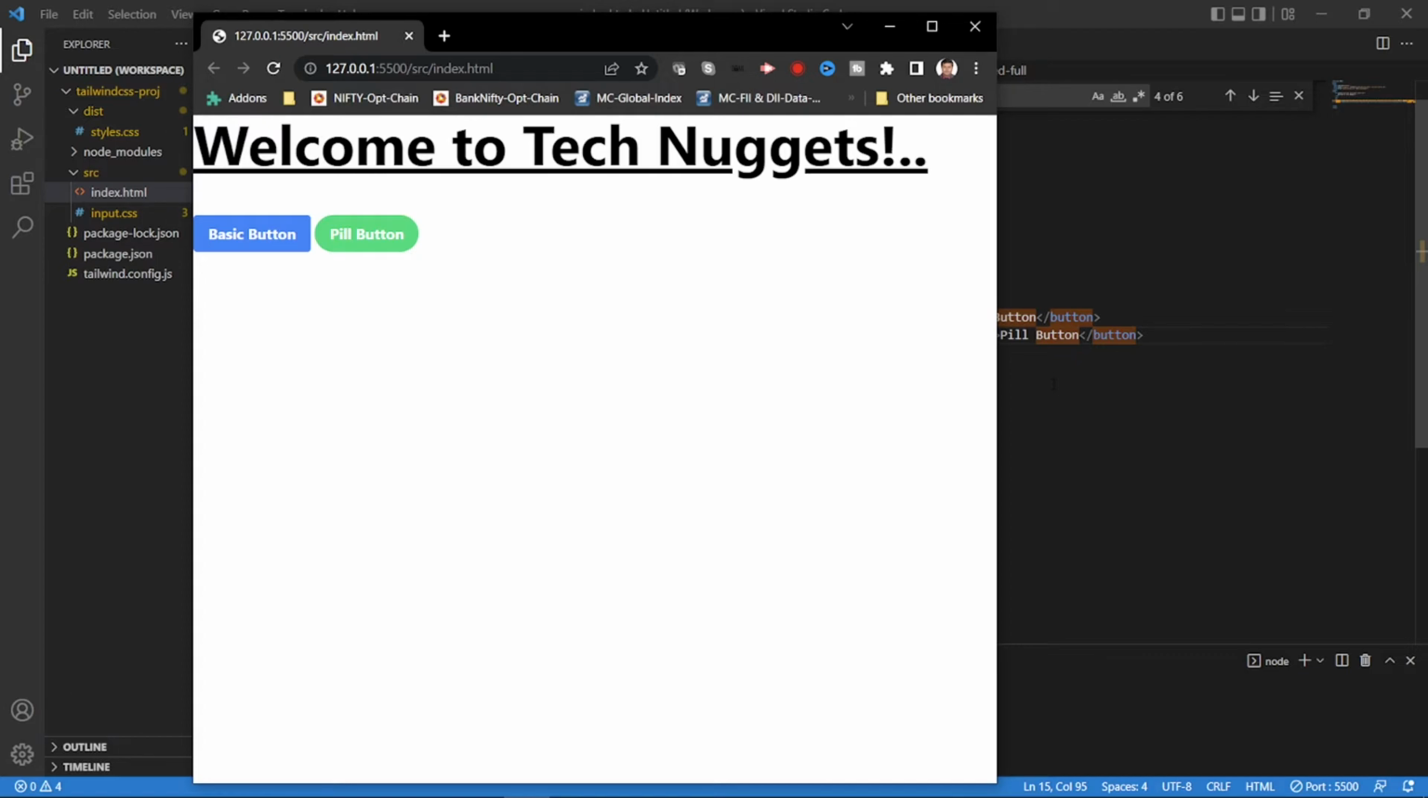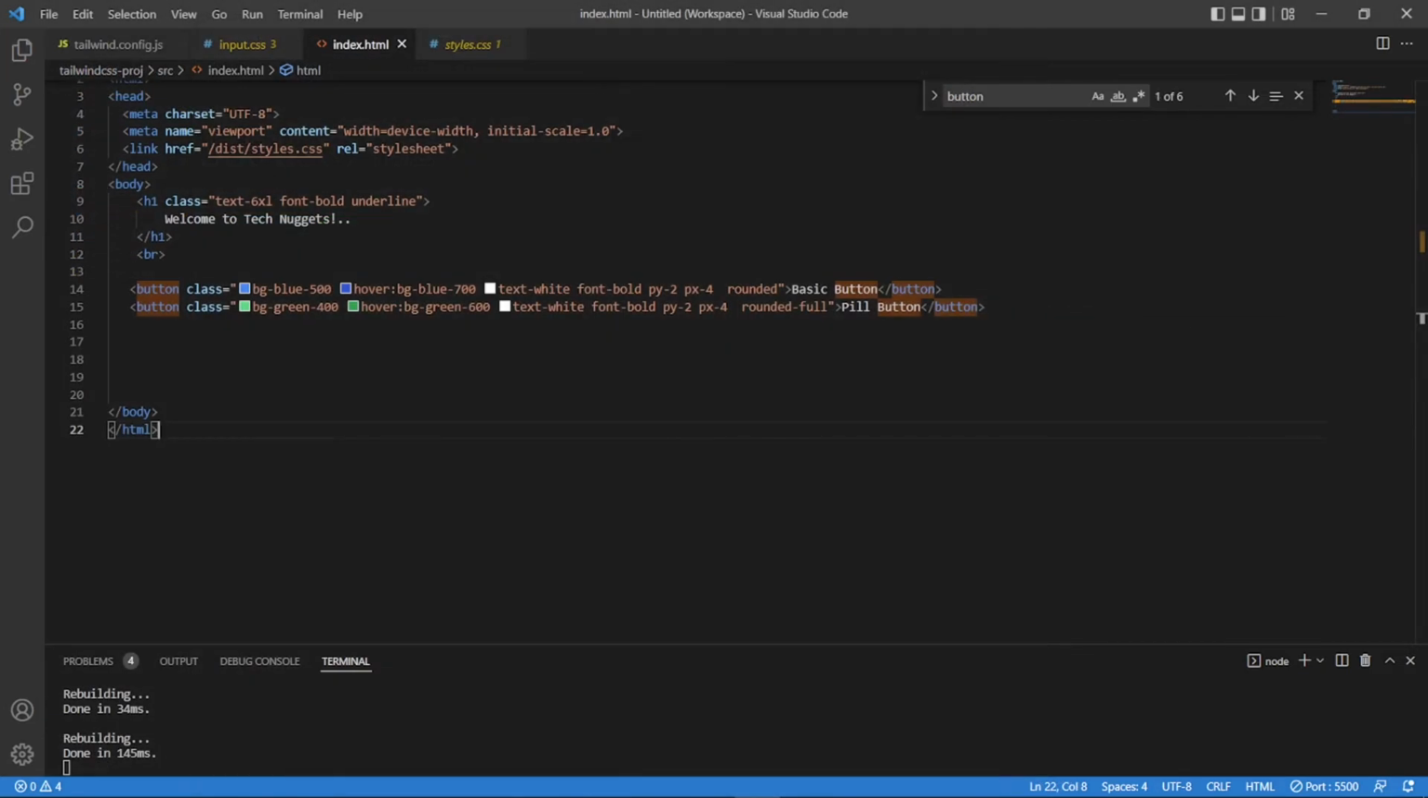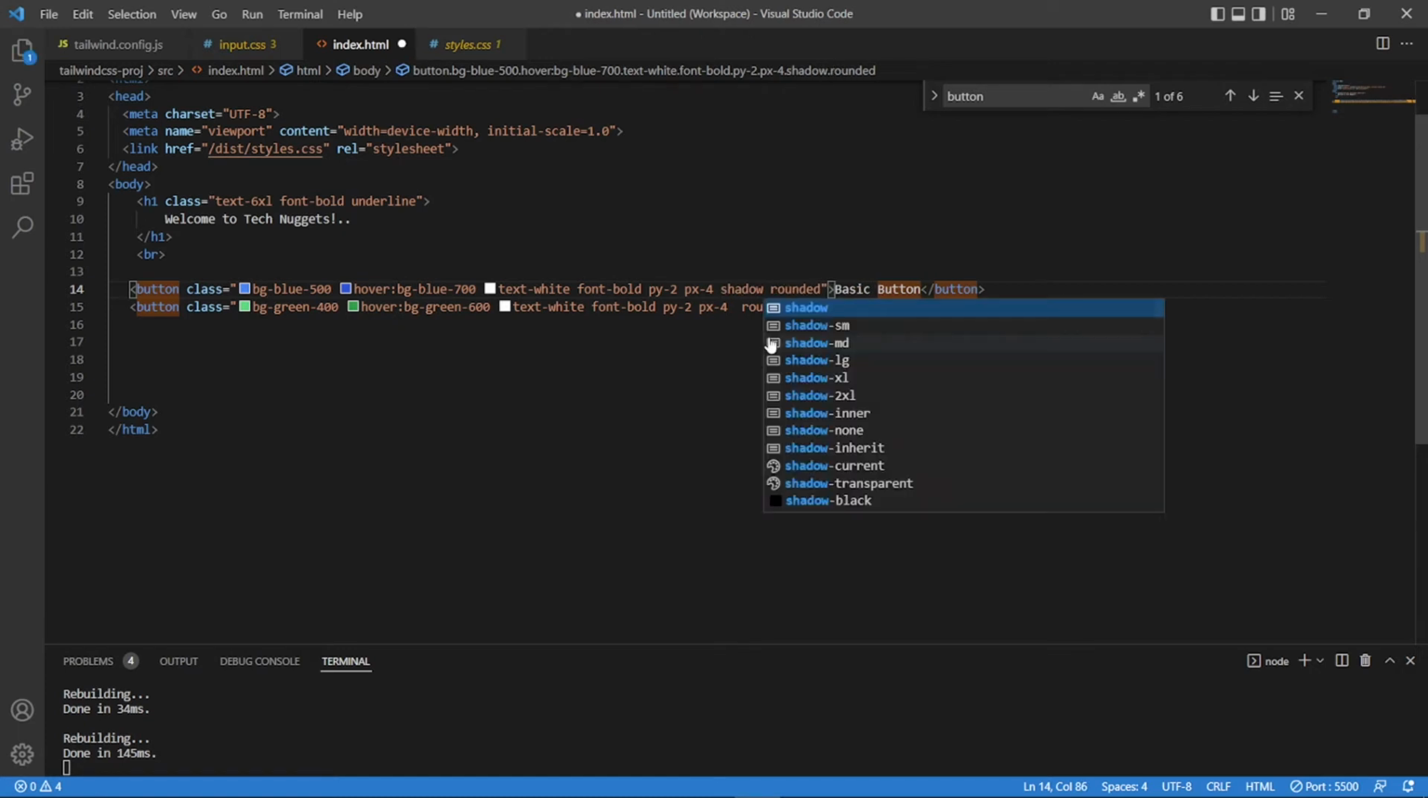let's see other buttons. Okay, let's go ahead and create shadows. How do we create a shadow for a button, right? So the first thing we do is shadow, and shadows come with small, medium, large, XL to 2XL. This shadow is a new addition in version v3.0. Okay, so let's do a shadow LG